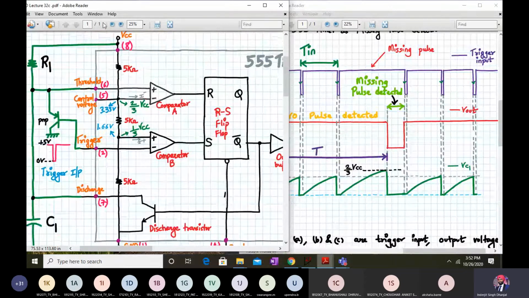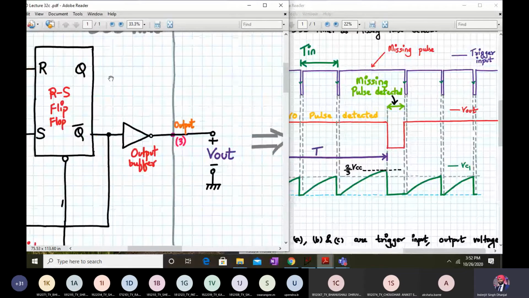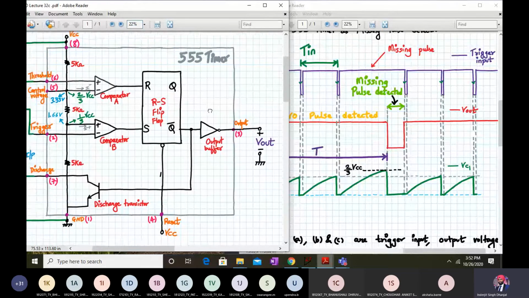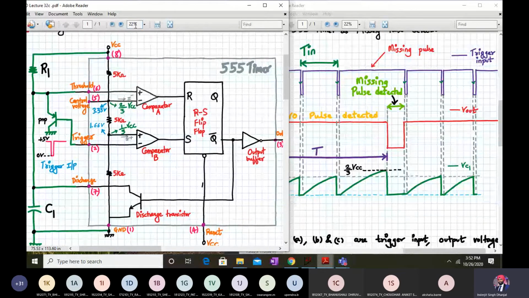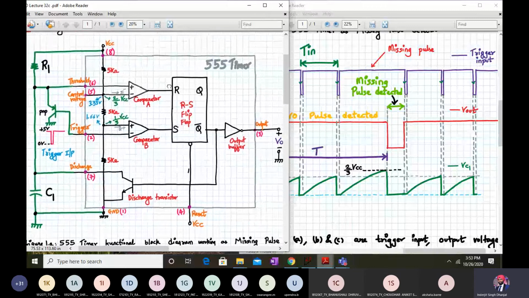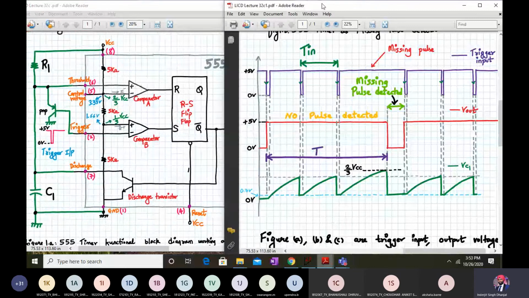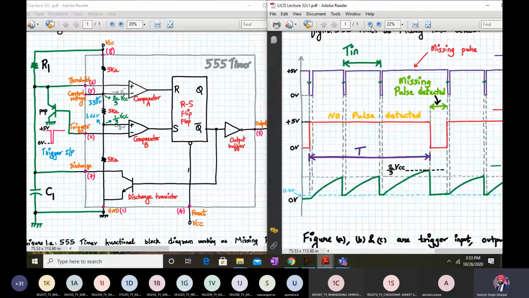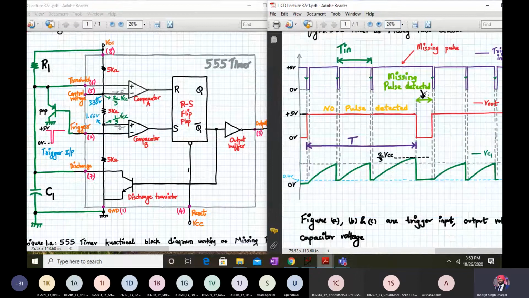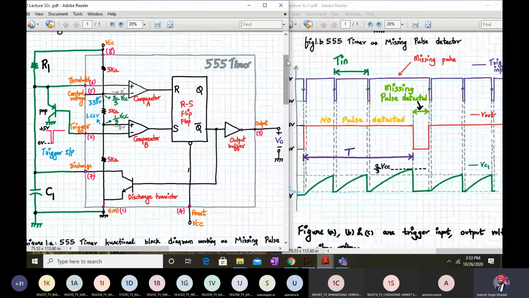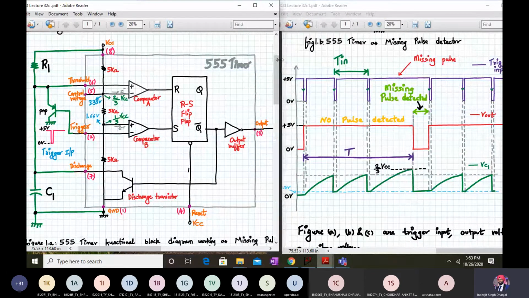Now let us concentrate on this. I need to adjust this properly so that we can view both together. I need to make it 20, I guess. I hope that both the functional block diagram and the waveforms are visible together. Are they visible together? I mean, you can clearly see them. Let me just adjust this. Yeah, so now let me start with the analysis.